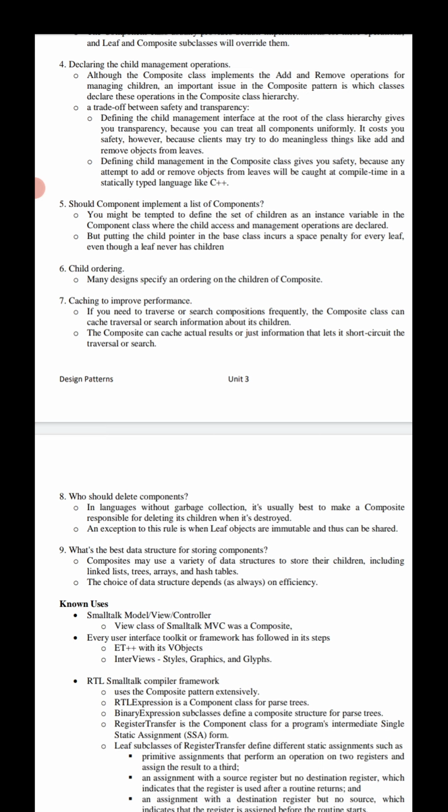In the sense, if there are relatively few children in the structure, the child pointer in the base class is incurred for each and every leaf, even though a leaf never has children.